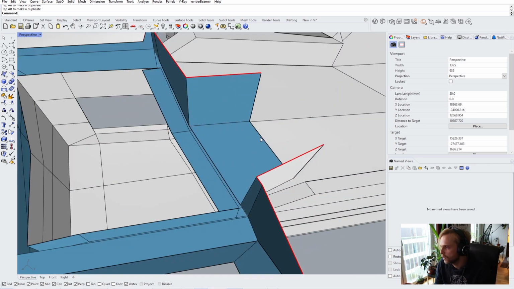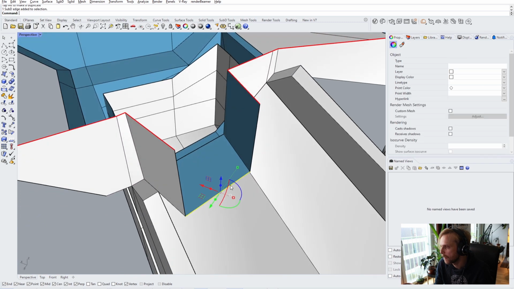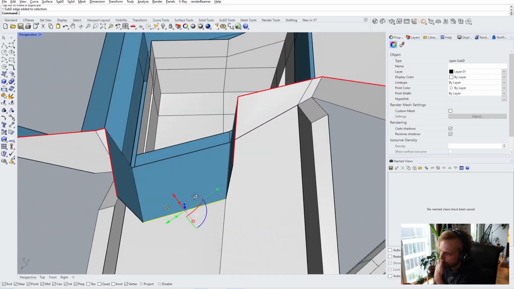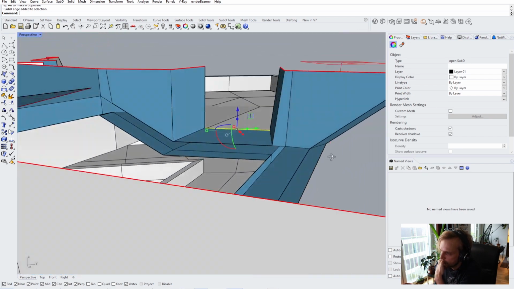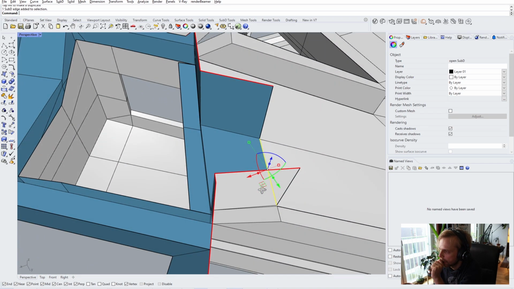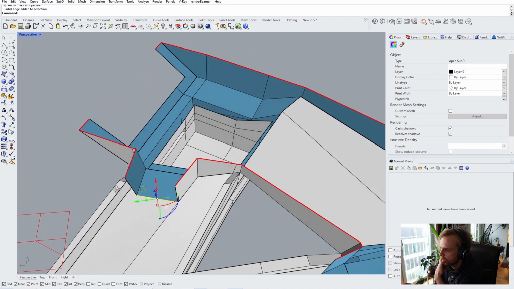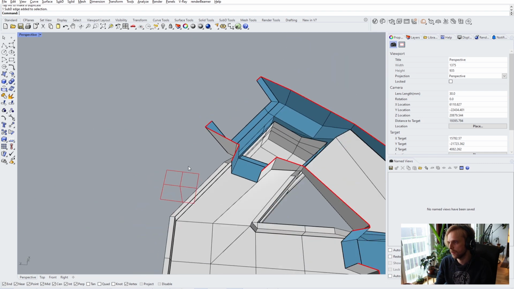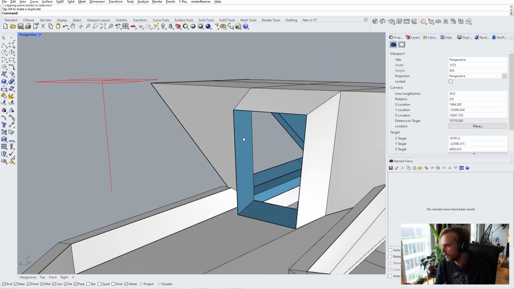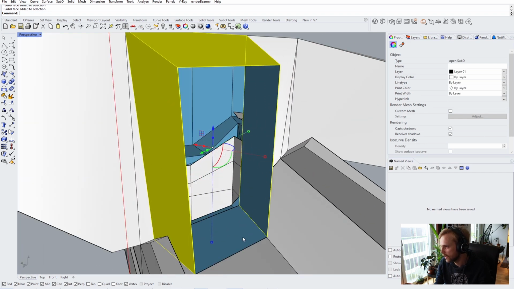And also, this edge right here will need an offset for sure. Actually, this whole polygon area will need an offset. Can we do it now? I think we can do it now. I will select this, this, and this,